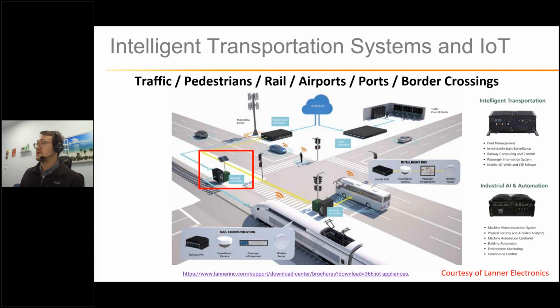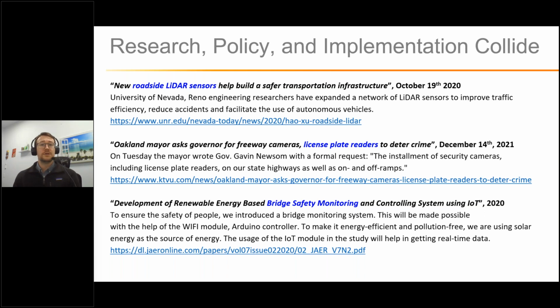And you'll notice also some of the use cases spoken to about these basically edge computing devices for intelligent transportation, as well as AI and automation, ranging from fleet management to environmental monitoring and lots of other applications. So just to give people a little bit of exposure to some of the things that are driving this in the background, here's a couple interesting articles within the last 2 years covering anything from researchers focusing on roadside LiDAR sensors to further improve transportation safety,